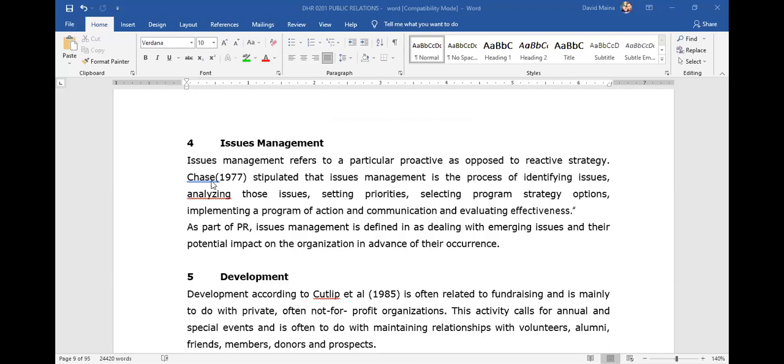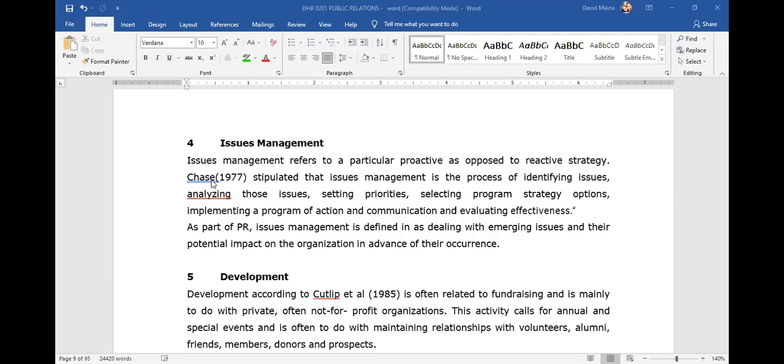So when you talk about conflict and issues, PR practitioners come in between. They are used as intermediaries and as spokesmen whenever an issue arises,